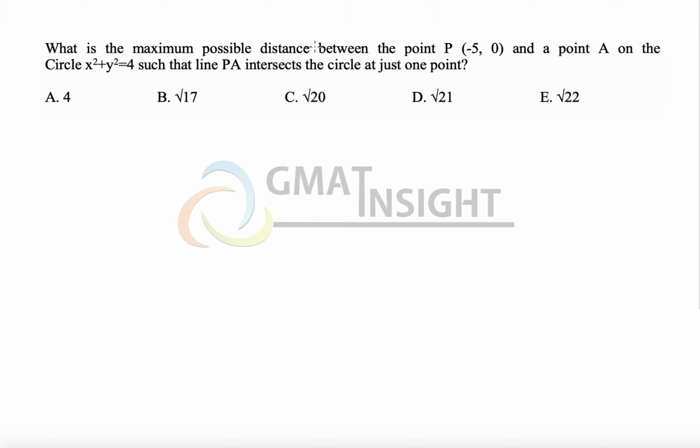What is the maximum possible distance between the point P (-5, 0) and a point A on the circle x² + y² = 4? So the first thing that we need to understand is that this is actually the equation of a circle with center